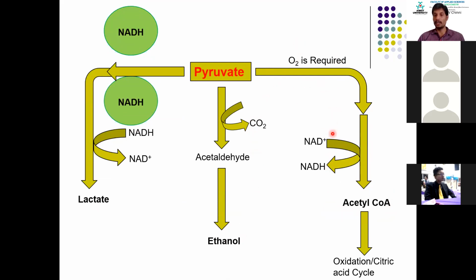So thus oxygen is required. Under aerobic conditions, it will form acetyl coenzyme A, and then it will further proceed to enter into the citric acid cycle. Or